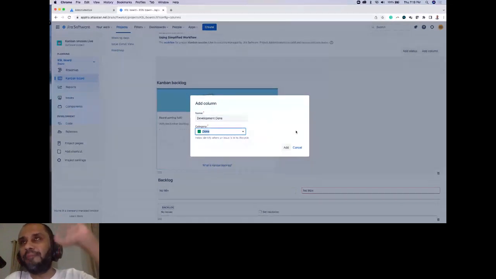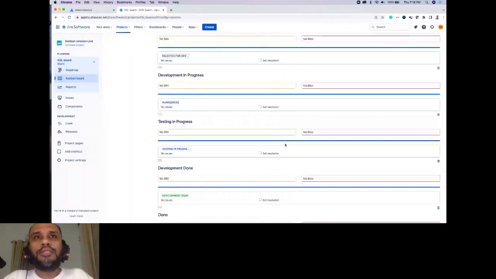But keep in mind what I just mentioned to you all. Simply because we are adding an intermediate done state, or simply because we are adding an intermediate waiting state, my advice would be to keep up this development done state. I'll move forward with this for now. Right, so the development done state has got added over here.